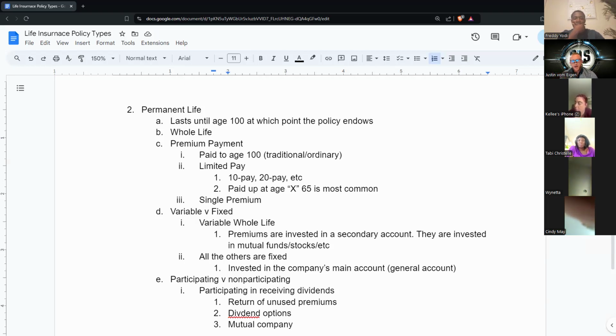As that company earns profits, those profits are called dividends, and they're returned back to you into your cash value. Well, there's different things you can do with them. Typically, they go to purchase more insurance, which will increase the cash value. We'll cover that in a second. These have special tax status because the life insurance companies, instead of saying, hey, this is a profit on your money that we're giving back to you, they say we're giving you back some of your premiums that we didn't end up using.